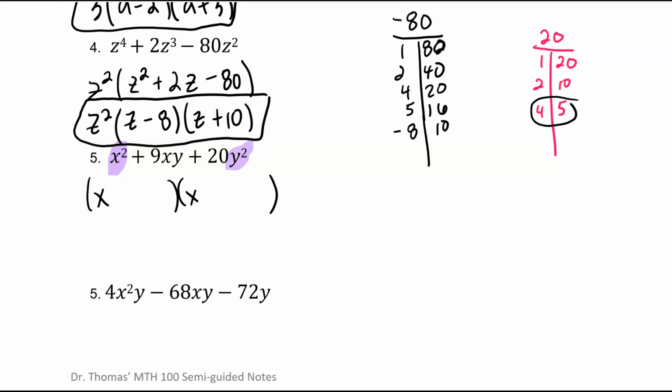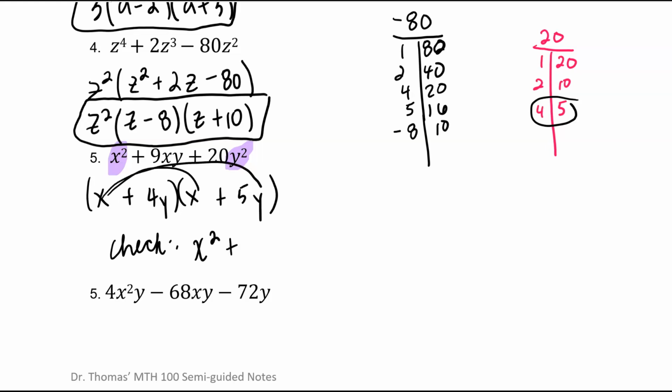So all we have to do is simply put a y on the end of the 4 and 5, because when we multiply it, let's check it. We get x times x, x squared, x times 5y, 5xy, 4y times x, 4xy, 4y times 5y, 20y squared,